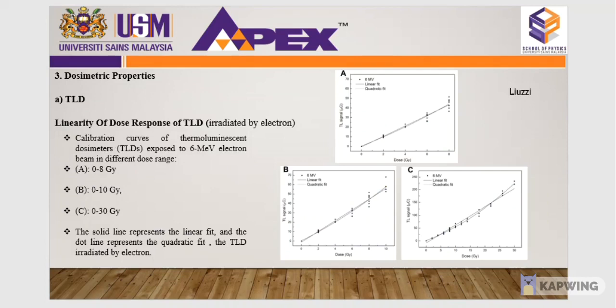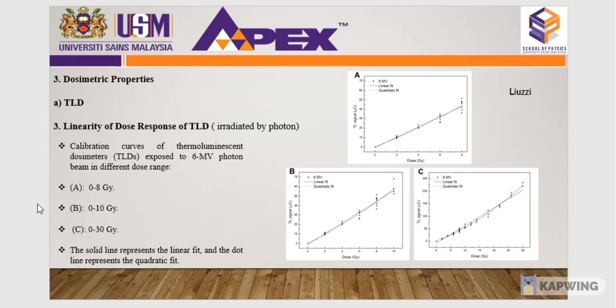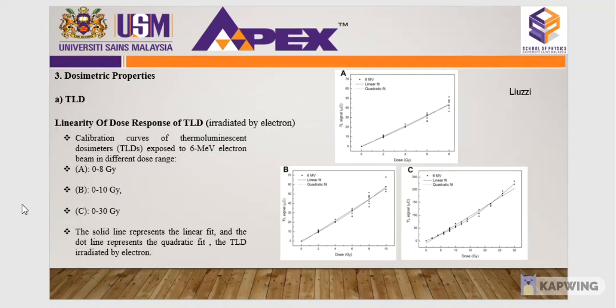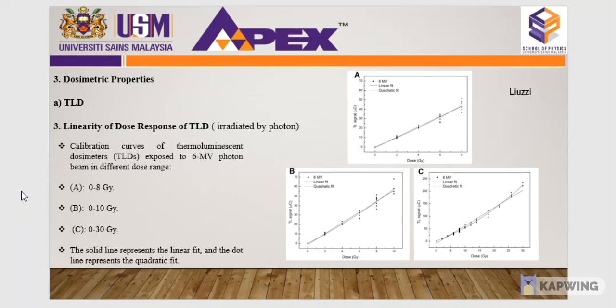Linearity of the dose response of the TLD. The TLDs are frequently used in dose measurement due to their wide range of linear dose response, their small size, and high sensitivity. The TLD dose response is defined as the functional dependence of the intensity of the measured TLD signal upon the absorbed dose. The region between the minimum detectable dose limit and the saturation level can provide knowledge about the dose